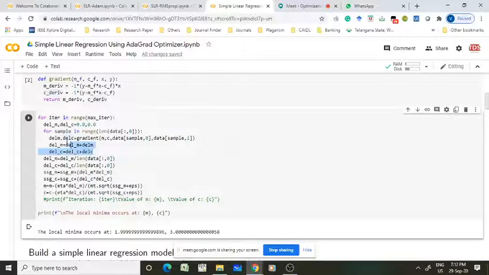So up to here we are adding all the gradient sigma terms, right? But here what I am doing, del_m equal to del_m divided by length of data of column comma 0. In these two equations we divide by the number of samples. Yes, it's a 1 by n_s term, so we divide by the number of samples. It's fine. So this completes the gradient calculation.